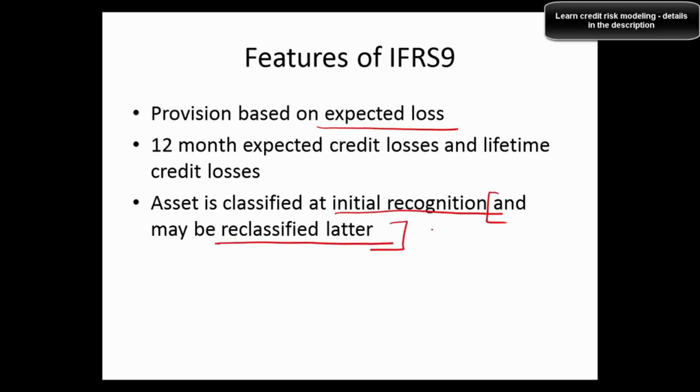Previously, before IFRS 9 was in the picture, you would do everything at the time of origination. The financial asset under consideration used to be valued, whether in terms of its price or the risk associated with the asset, at the time of origination, or what we call initial recognition, and that's the way it was categorized into different financial asset categories. But IFRS 9 brings this regulation that it can well be reclassified later based on the risk and the different scenarios. Risk and scenarios could change over time, so classification would also have to take that into consideration.